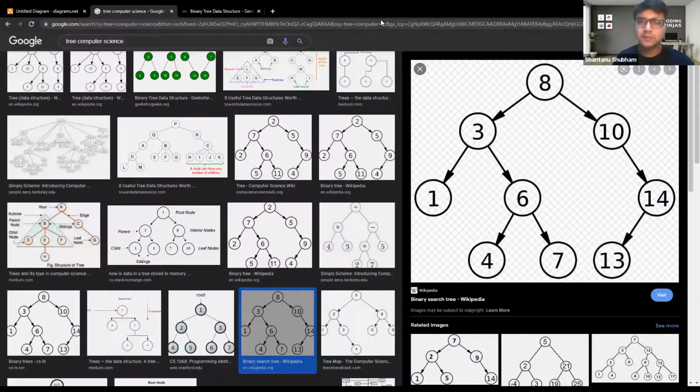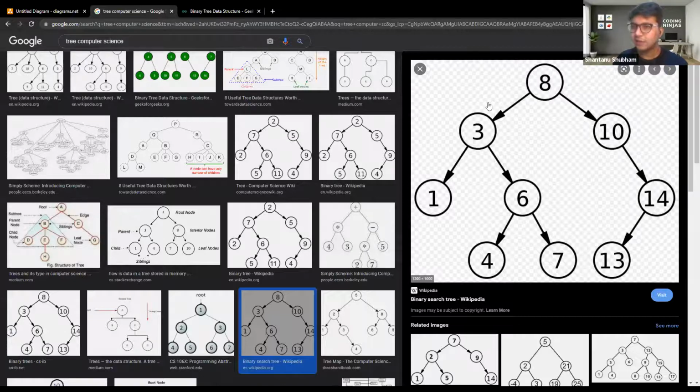Let me give you a better example by sharing my Google Chrome screen one more time. All right. Can you see my Google Chrome screen? Okay, great. In this case, we can easily understand that 1 is the smallest element, right? So we will always start from 8. We will always start from the root node. Once we come to the root node, we will not store the value of 8. First of all, we will check,